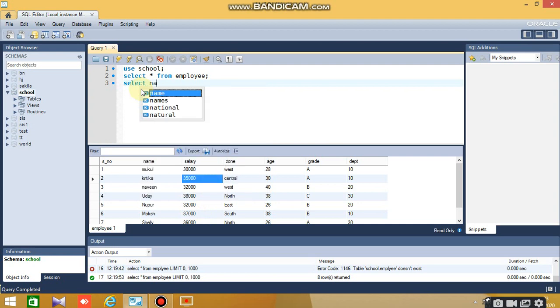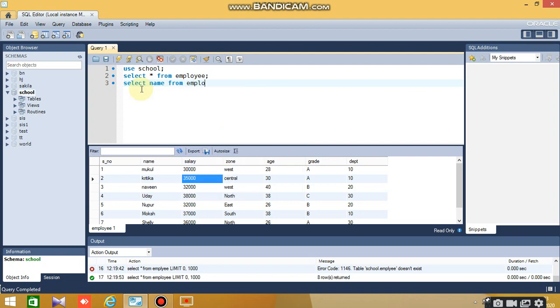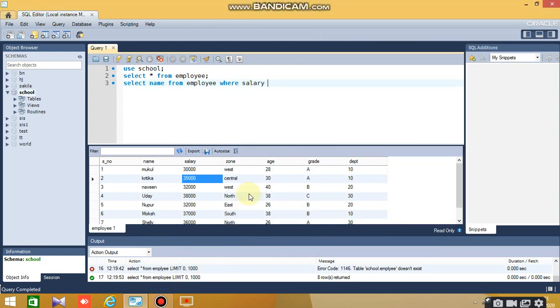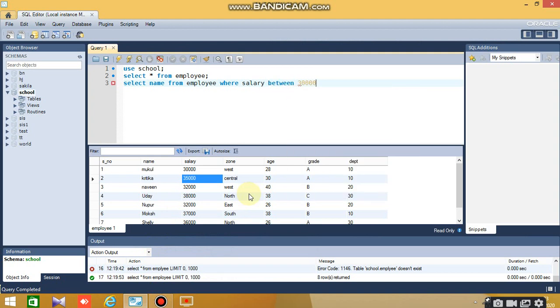So I will put the column name, from employee, where salary between. See, we write between, then we put the first range, that is 30,000, and